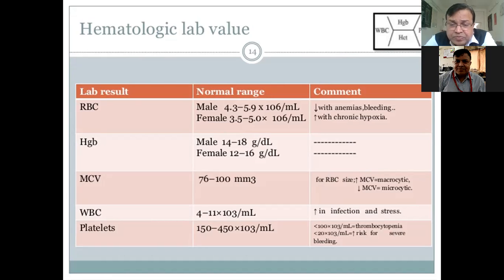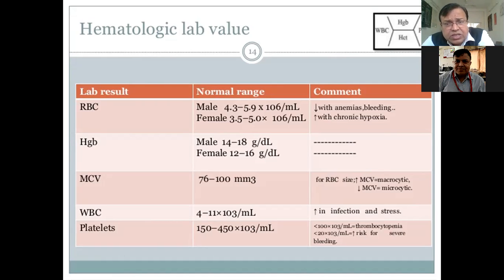In an anemic condition or bleeding condition, this concentration of RBC will decrease. Similarly, the normal range in female is 3.5 to 5 into 10 raised to power 6 per microliter,